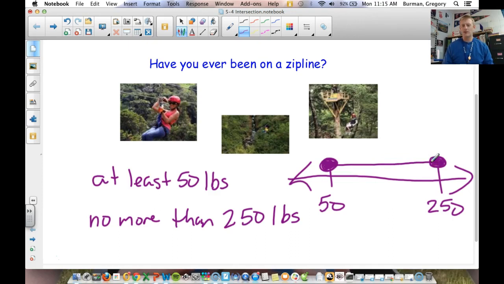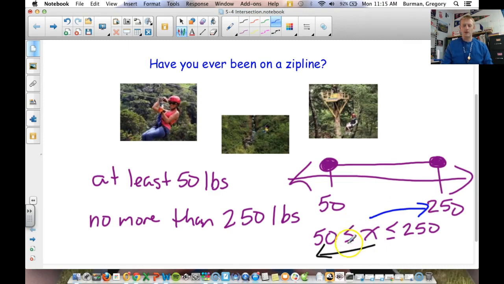And that's what an intersection is, folks. It's a variable for us. So if I were to make a compound inequality, x has to be greater than or equal to 50 pounds, but it also has to be less than or equal to 250 pounds. Now I always read this in terms of x. So I read from here as the x, and then I also read from here. So x is greater than or equal to 50, x is less than or equal to 250. And that's the big idea that we need to make sure we understand for today, is how we create and